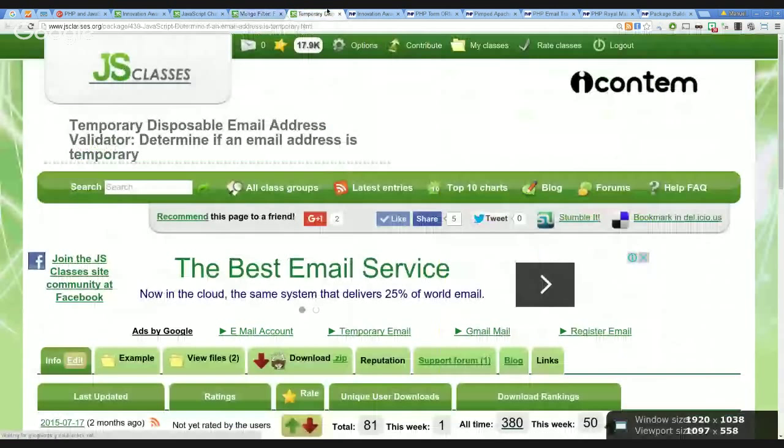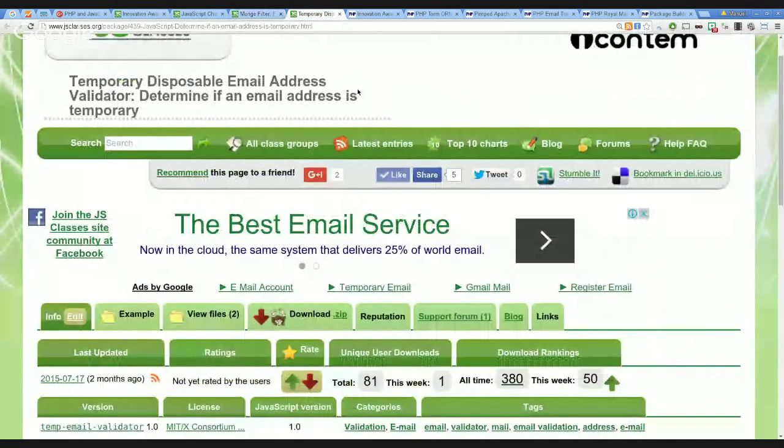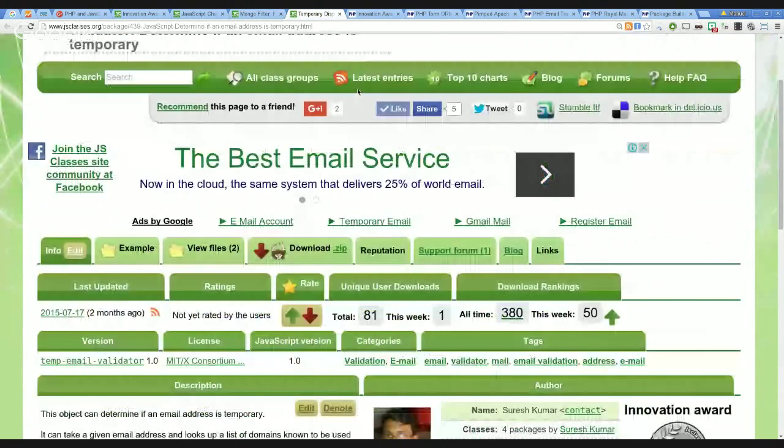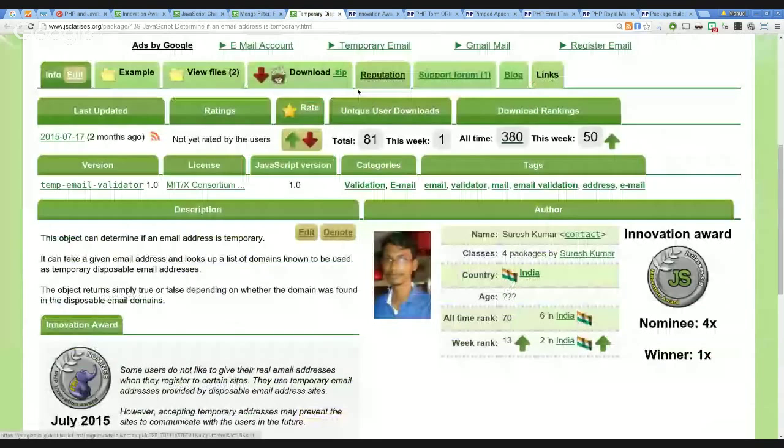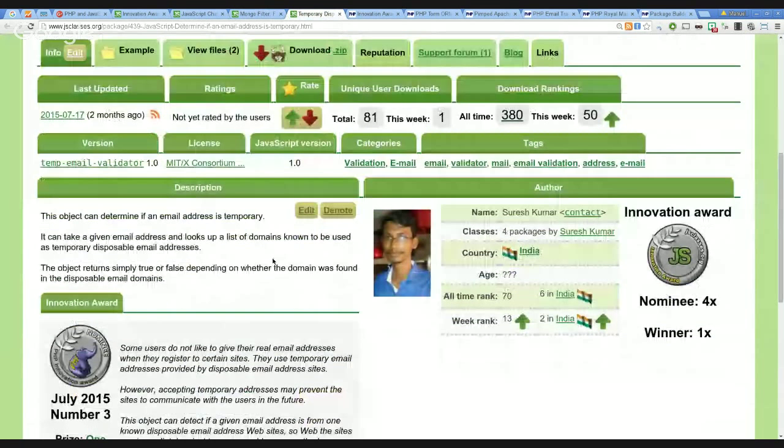Finally, the other one that I wanted to comment on is called Temporary Disposable Email Address Validator. It's a package by Suresh Kumar from India. Basically, it can look at the domain of an email address, for instance, that you enter in a form, and if it is known to be of a temporary disposable email address provider, you can reject it,